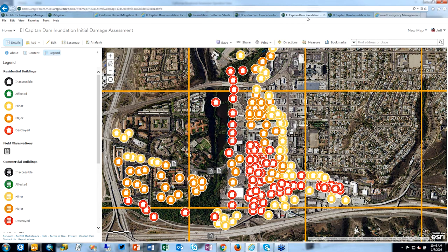And again, as we've talked about before, also being able to use this for field mobility purposes. So if we want to do an initial damage assessment for an area, being able to quickly use tools like our smartphone, take advantage of the consumerization of IT and advances in smartphone technology, and leverage those devices and trends to capture that information and bring it back into the EOC for summary and decision making purposes. So that was a quick tour of some of the live versions of these applications that we have available and can be configured.